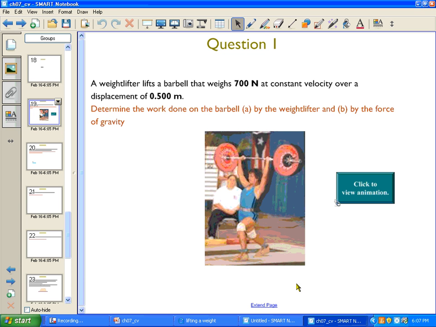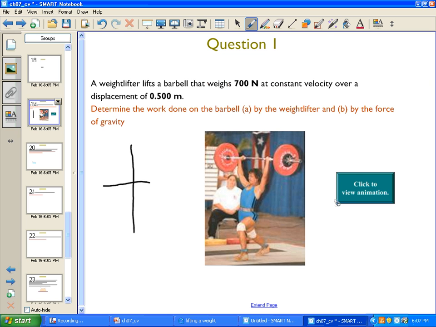Here, we're told that a weightlifter lifts a barbell that weighs 700 newtons at constant velocity over a displacement of 0.5 meters. We're asked to determine the work done on the barbell by the weightlifter and by the force. We have a little video animation, but before we play it, let's go ahead and draw a free body diagram